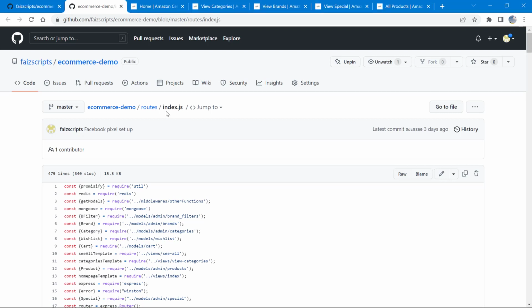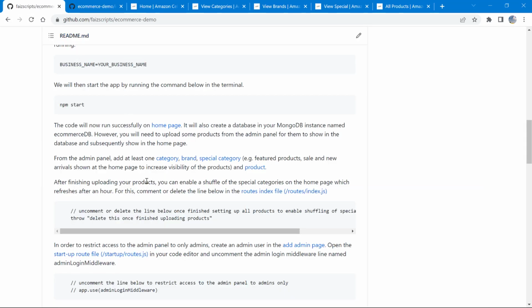So I'll open up this file and show you how to enable this shuffle. So as specified in the README, we should uncomment or delete this line. It's in routes